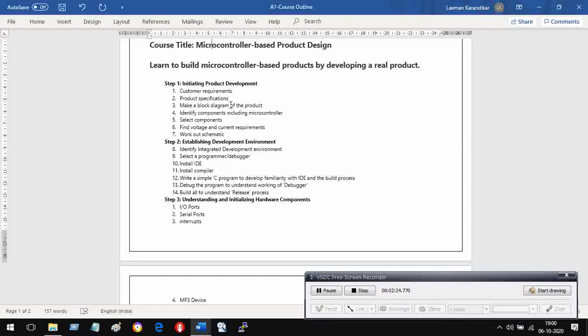These requirements are then translated into product specifications and so on till you get a working product that completely meets the customer's requirement list, and thus adding another satisfied customer to your customer list. My approach is to make an actual product and learn all the relevant skills in the process of designing it. So let us start with customer requirements.